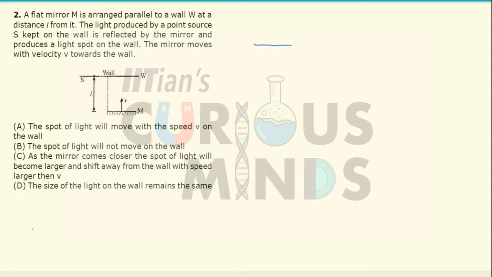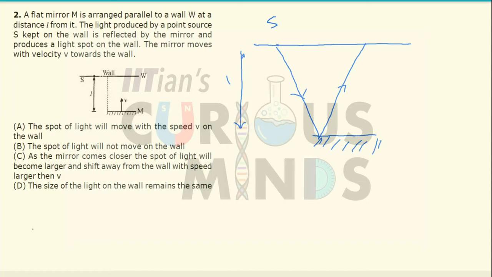Let us say this is the wall and this is the mirror situated at a certain distance L from the wall, and there is a point source S over here. The first reflection will take place at this point. Since angle of incidence is equal to angle of reflection, the first reflection will take place somewhere over here on the left hand side of the wall, and let us say it meets at point A. The second reflection takes place at the right edge of the wall. Let us say this is the right edge of the wall, and it gets reflected.